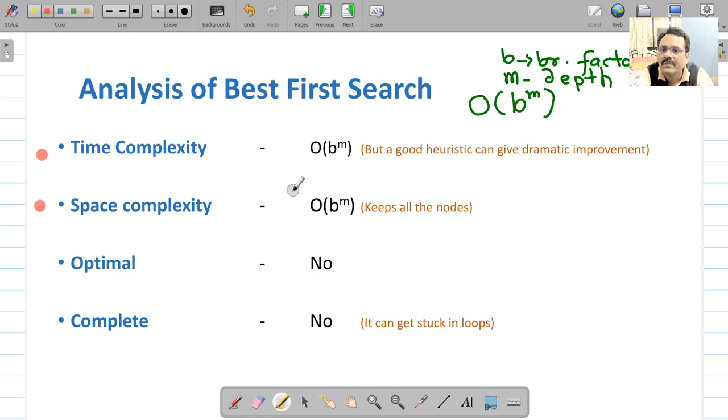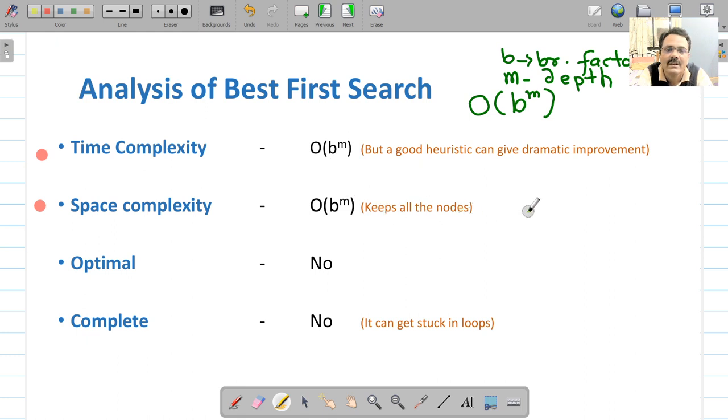The second parameter is space complexity. Space complexity refers to the maximum number of nodes you will have to store in memory at any time, that means on the priority queue. We have seen that the algorithm has to store all the nodes on the priority queue, and therefore the space complexity will be the same as the time complexity, because it has to keep all the nodes.